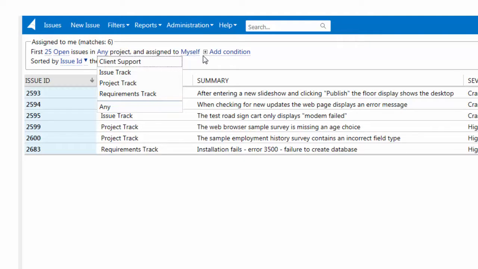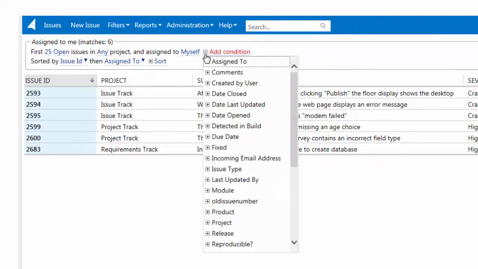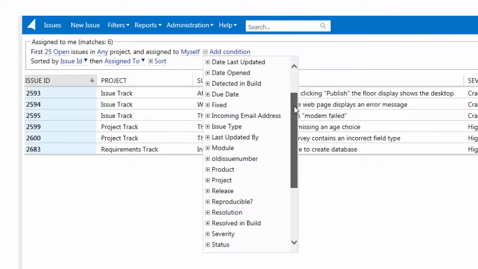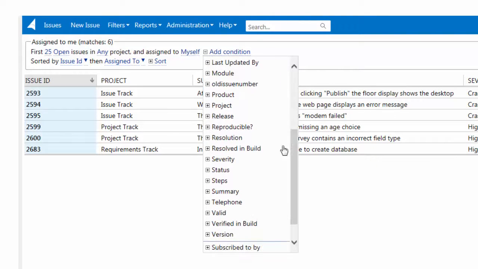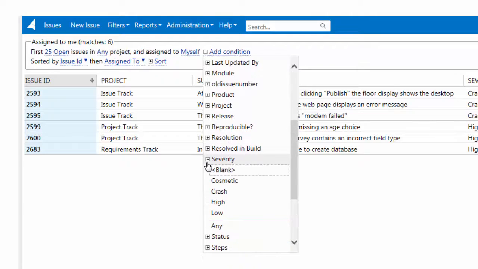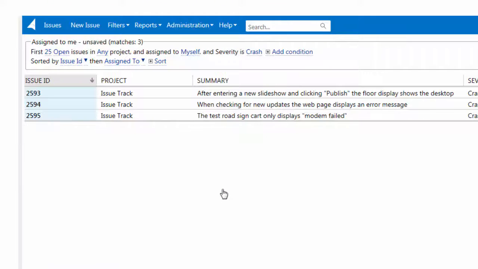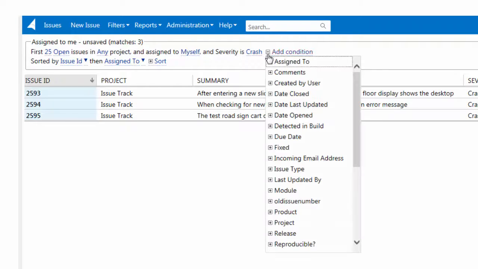New conditions can be added to the filter by clicking on Add Condition, which will display a list of all fields defined. Clicking on a field name will allow a condition for that field to be entered. OR conditions can be created for projects, user ID fields, and for some drop-downs. To create an OR condition, just add a new condition for the same field, and the filter will put them